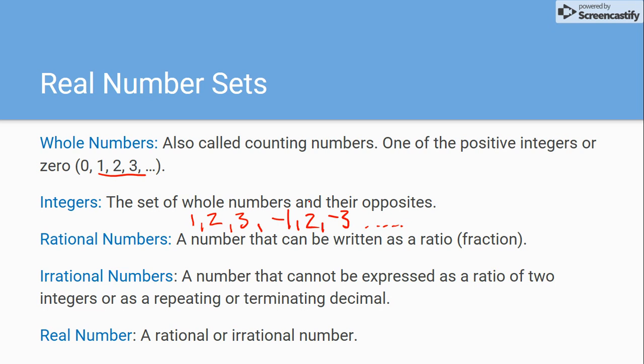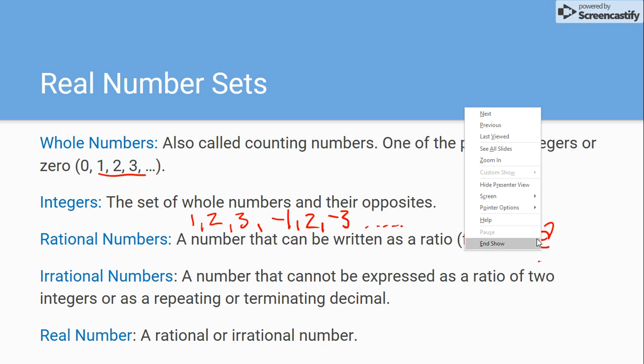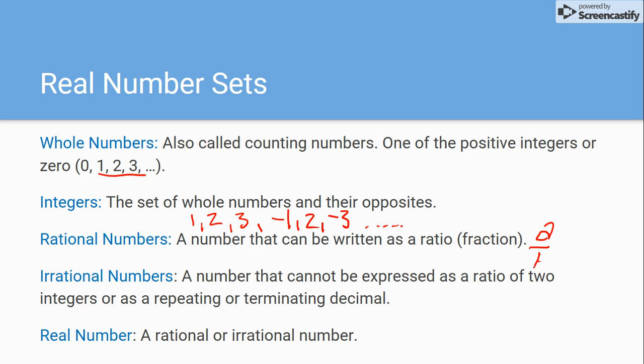So rational numbers, anything that can be written as a fraction, where I can write A over B, and remember B cannot equal 0. If B is 0, then you've got an undefined problem. So irrational numbers are anything that can't be made as a fraction. We've got a couple that we know of, and they are pi,